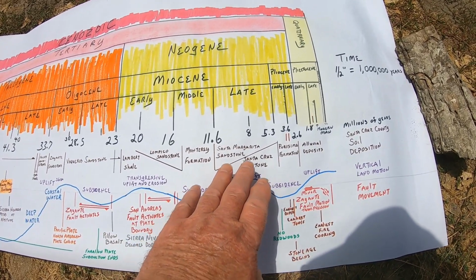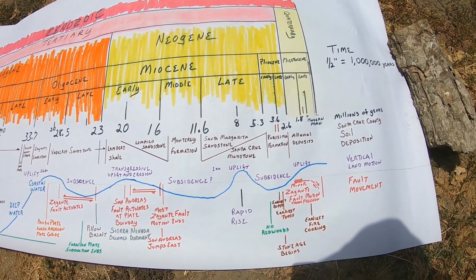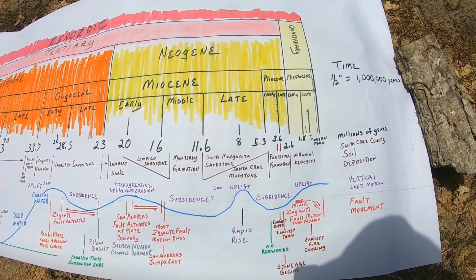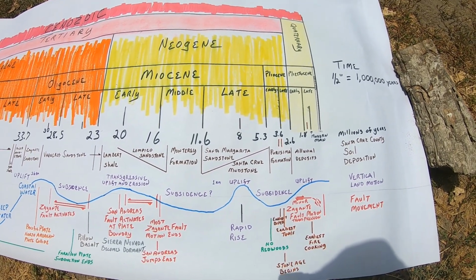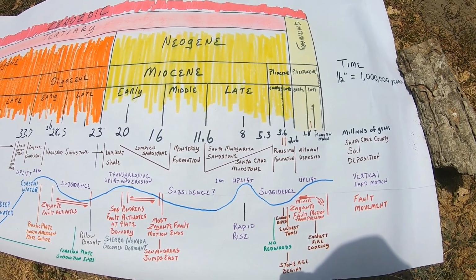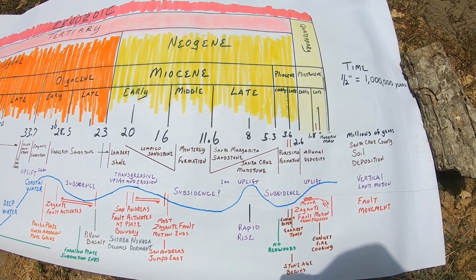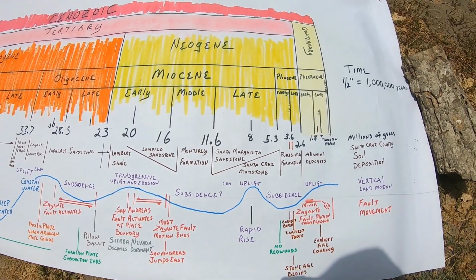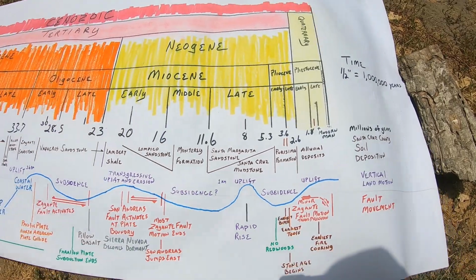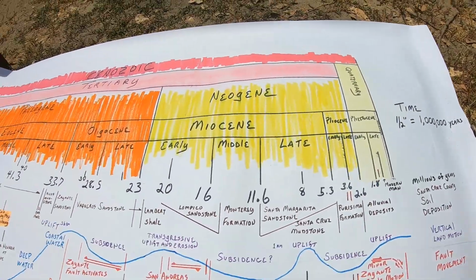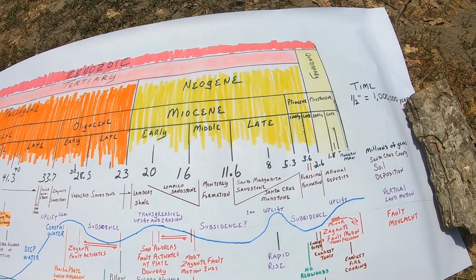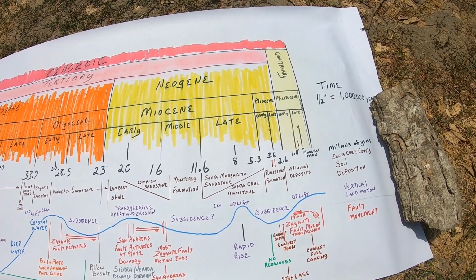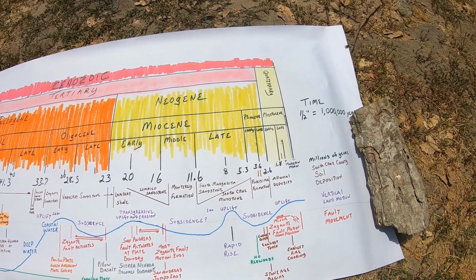Remember, each half inch on this scale is a million years. So even if we're talking 11.6 to 5.3, that's 6 million years of deposition. 6 million years of sandstone coming off of mountains somewhere and going into a large body of water. Yep, there's the wind. Into a large body of water and being pushed by that water up onto Ben Lomond Mountain.